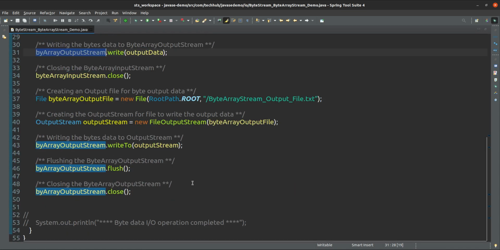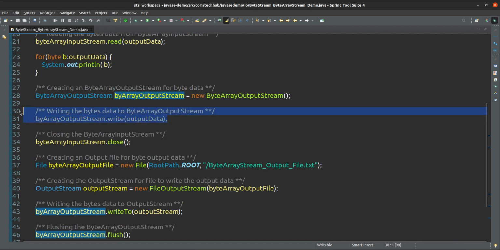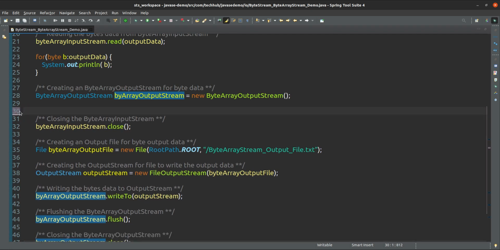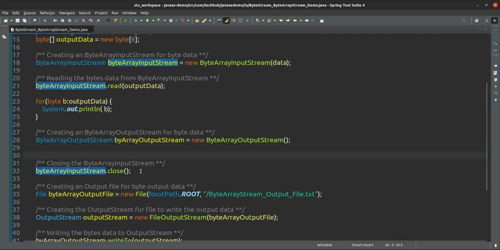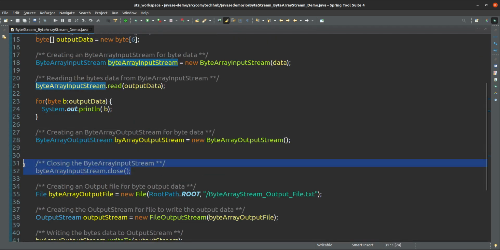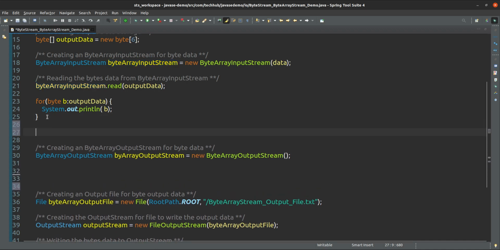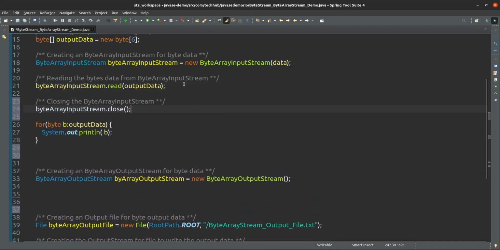Byte array input stream, where is it? We are already closing the byte array input stream. Okay, that is fine, that we can close even here. Not even here, after reading also we can close.